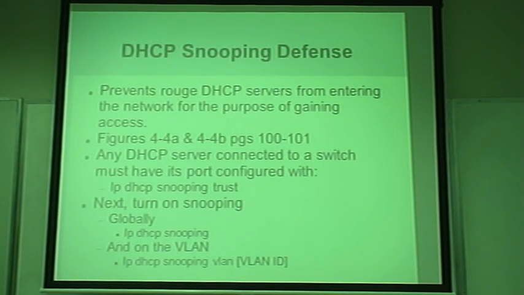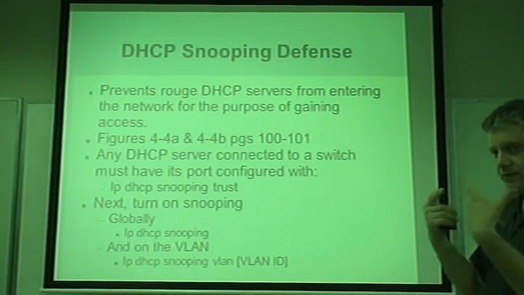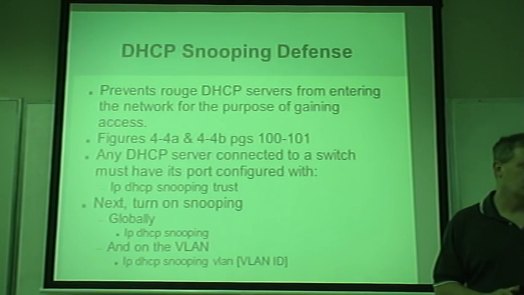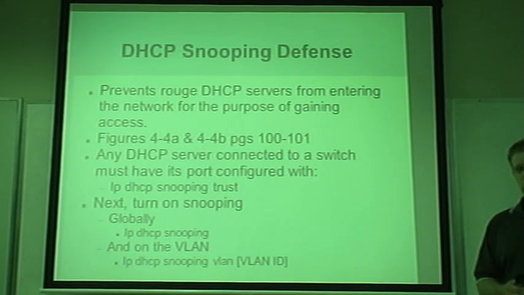Let's talk about DHCP spoofing defense. This prevents rogue DHCP servers from entering the network for the purposes of gaining access. One of the ways that bad guys like to get into networks is if they can gain physical control. They may not be able to get a DHCP address. Or, even better, they can inject a DHCP server into the network so that your clients get a DHCP address from them instead of somebody else. Or they can bridge the network in the case of a wireless network. I've seen this done before,